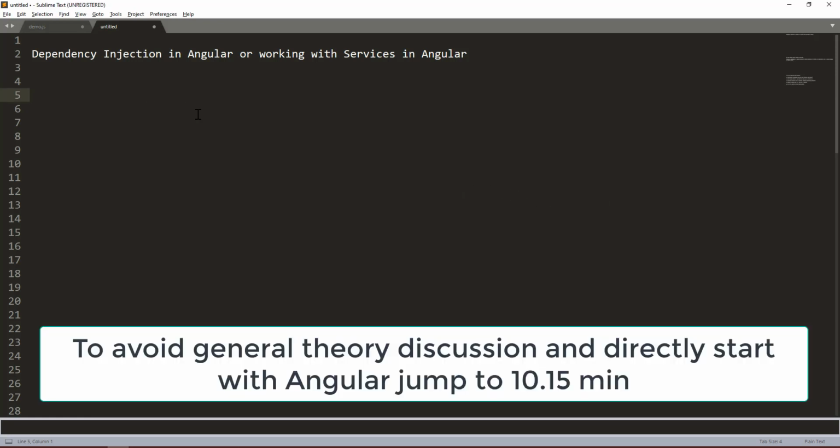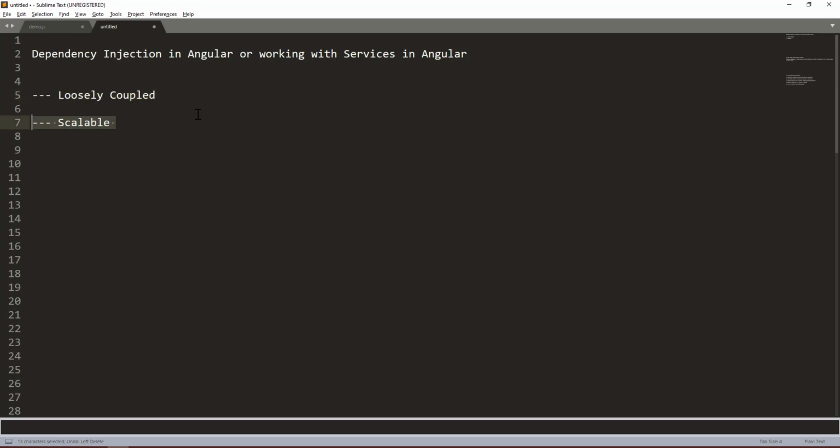So dependency injection is a pattern which creates a loosely coupled application, where the application is highly scalable and suitable for test-driven development. Let us assume that you have various layers in your application, such as the UI layer, business layer, and database layer. If you are following the inversion of control or dependency injection pattern, the UI layer needs the business layer, but it would never create an object of the business layer directly. Instead, it would ask some other component of the application to inject that business layer dependency in the